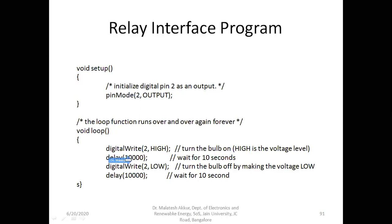And this is a 10-second delay I have given. So 10,000 milliseconds is nothing but a 10 seconds delay. And again send to the same pin number 2, LOW, which is 0 volts. That 0 volts will drive the transistor base terminal to 0 volts. Nothing but the transistor goes into cutoff, so it will become off. So the 5 volts will not appear across the coil. So again the relay common terminal will go back to normally closed. So the circuit becomes open, so the light becomes off. Again a 10 seconds delay. And again, so it keeps on